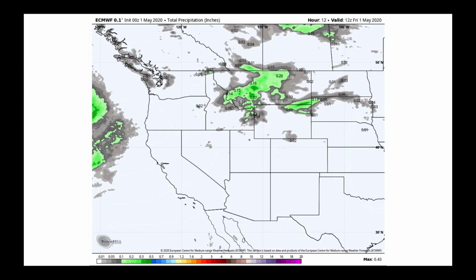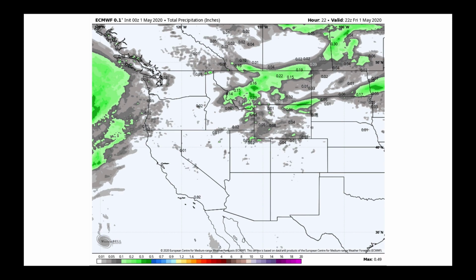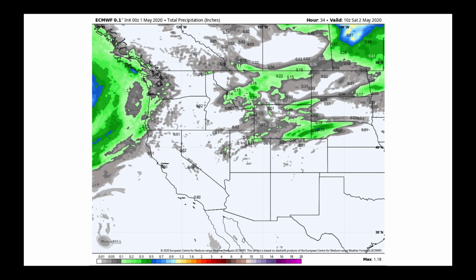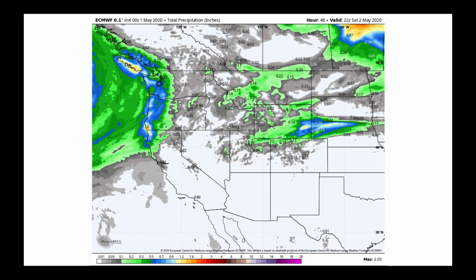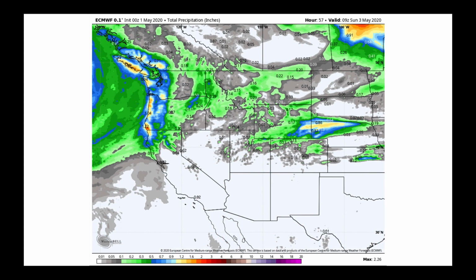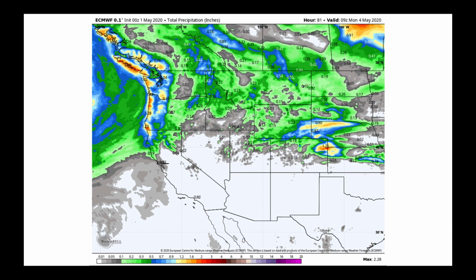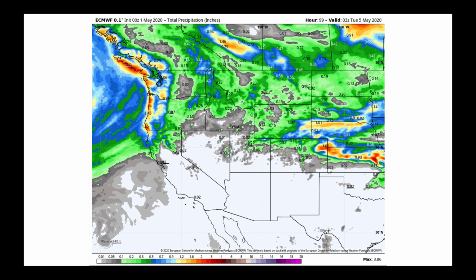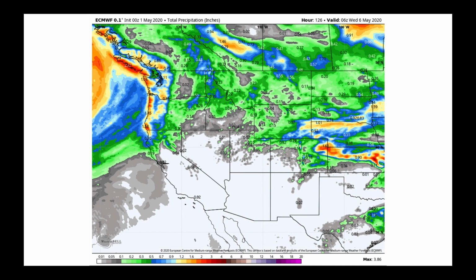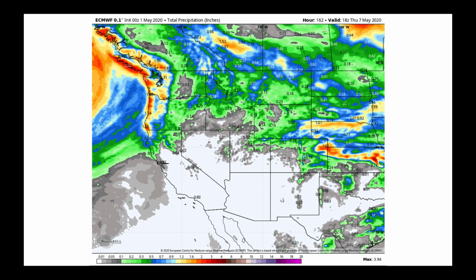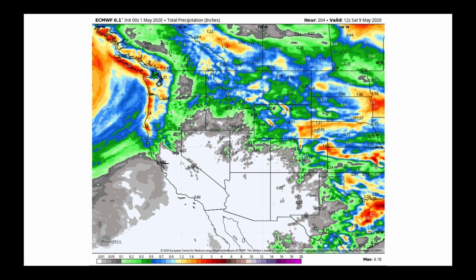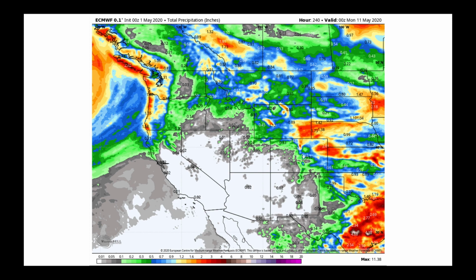So what is this going to do? Let's just animate for you the next 7 days here of total accumulated precipitation. Our first big push of precipitation comes in Saturday and into early Sunday into parts of coastal Oregon and Washington. But outside of that, as we just let this play forward, we're not going to be adding too much more precipitation after that. As you can see here, the big pushes of precipitation, in fact, I'll just let this run all the way out to day 10, is really going to be for the west coast pushing up here.